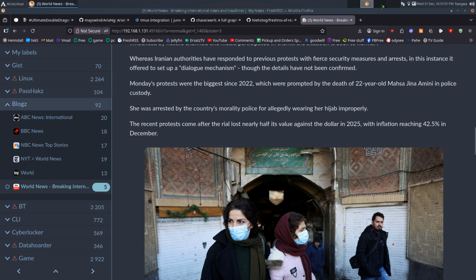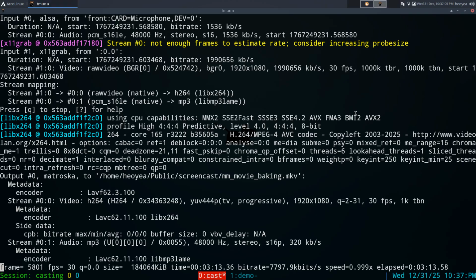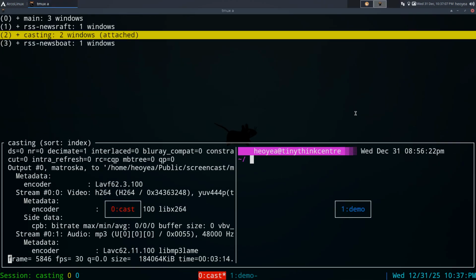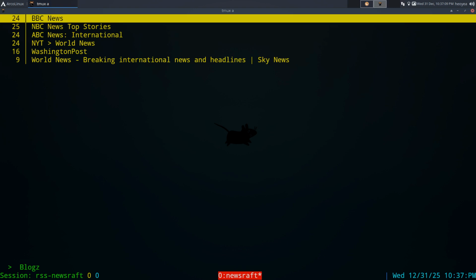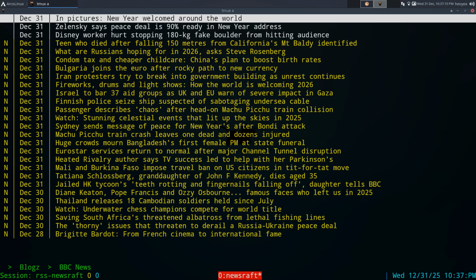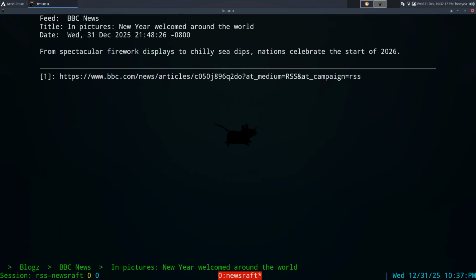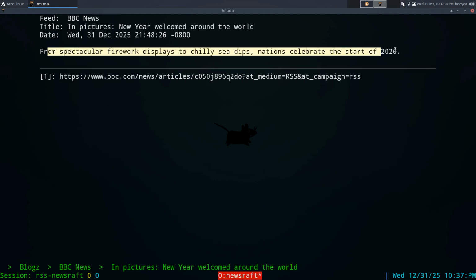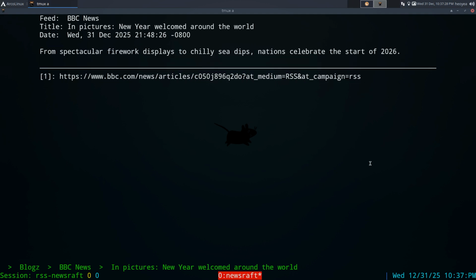So I'm gonna show you how it looks like before, and this was the after here, but this is how it looks like before here. We'll use NewsRaft here. NewsRaft doesn't have any extension or anything like that, so that's why it looks like this. Like I say, BBC News, this is normally how it looks like here, guys. They just give you like a title, the date, and maybe like one sentence of what the article is about,